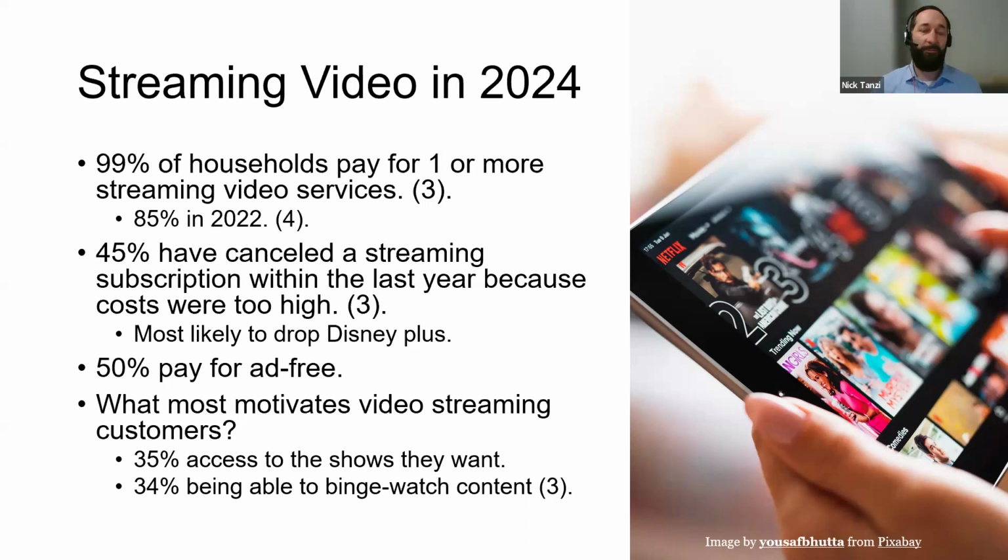So when we look at that stat, when it seems like streaming is omnipresent, it's everywhere, everyone is paying for a streaming service, it can feel like it's settled, right? That's it. There's not a lot of change. But there remains a lot of churn in the streaming video marketplace, in part because think about your own experience. You're watching TV, maybe streaming. And undoubtedly, you find out, or you're searching the web and you see a new show that you're really interested in. And inevitably, it lands on a streaming service that you don't pay for. And you get mad. And then you have to think about, can I really support one more streaming service, or do I have to drop something? And so what we see is